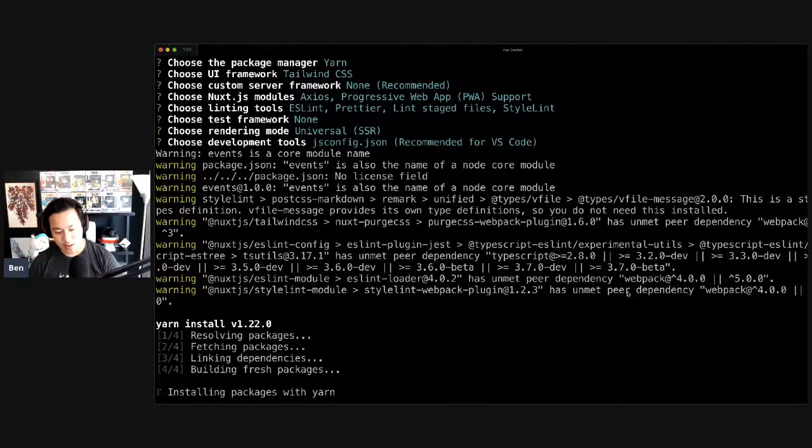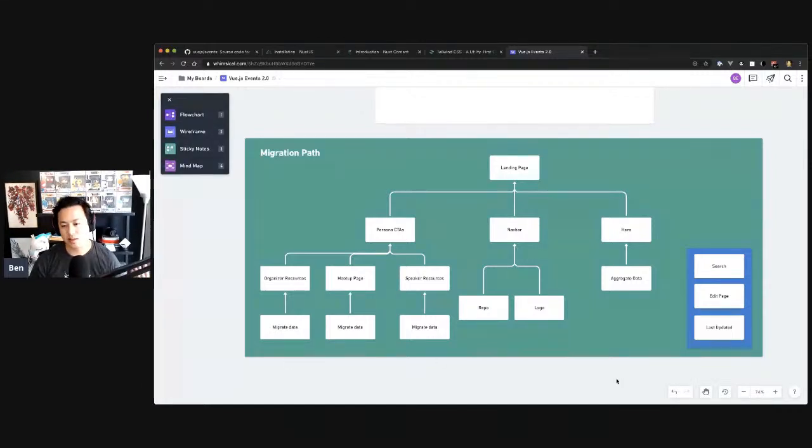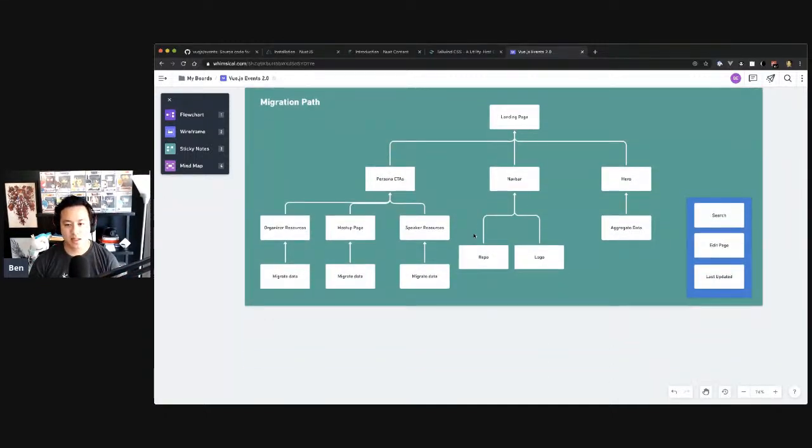So in the meantime, while that's installing, let's take a look at the path forward. For those who might be wondering, I'm using a tool called Whimsical, which allows you to basically create workflows and wireframes and diagrams all in one place. Think of it like a collaborative whiteboard. And so this gives me a sense of what I'm trying to do,